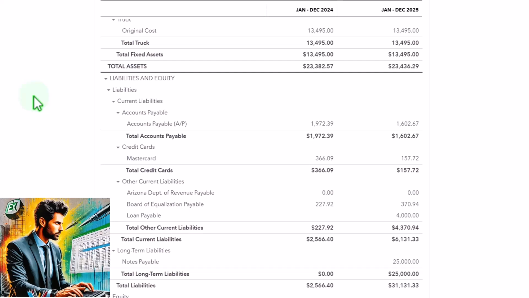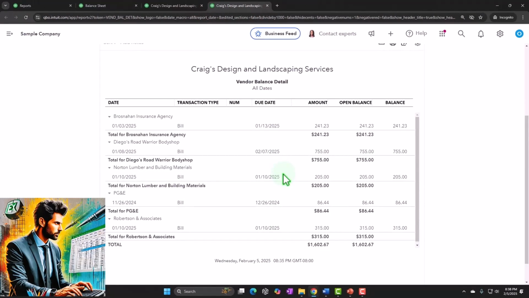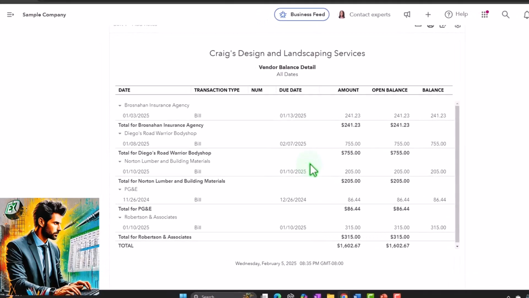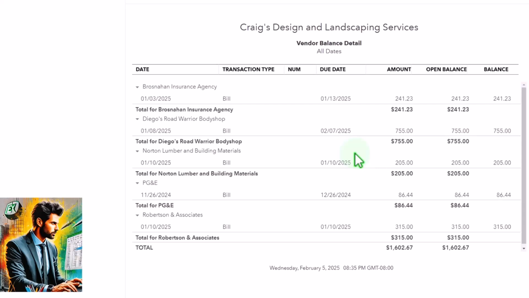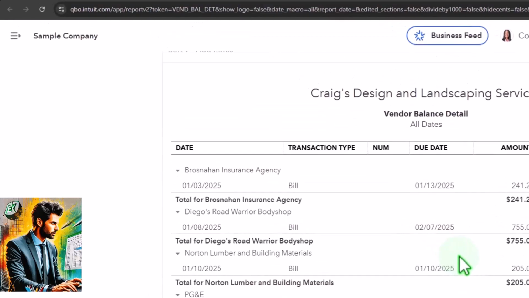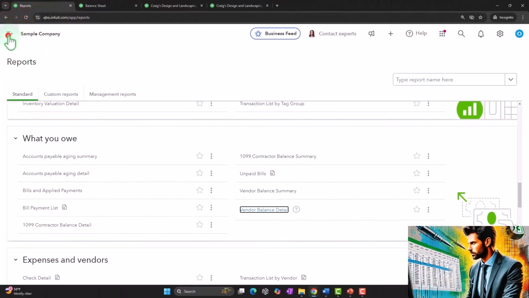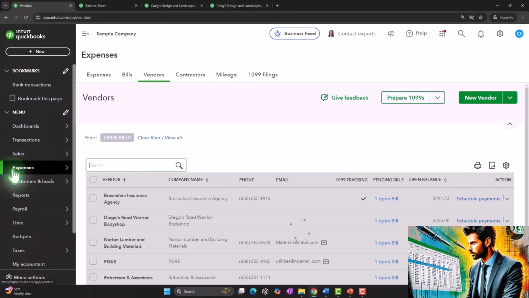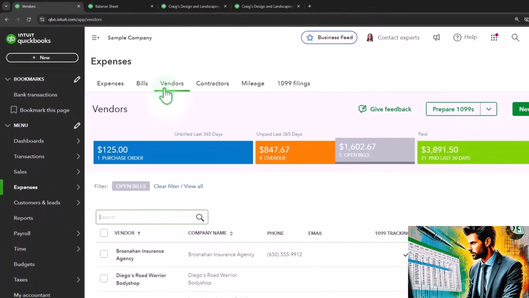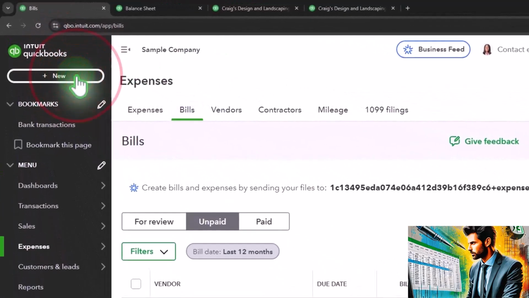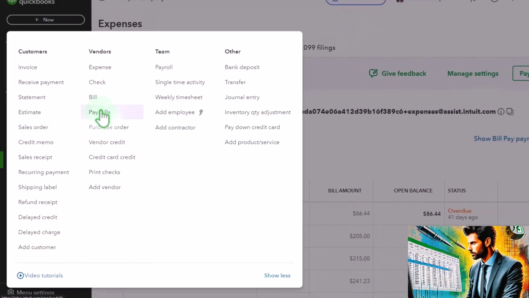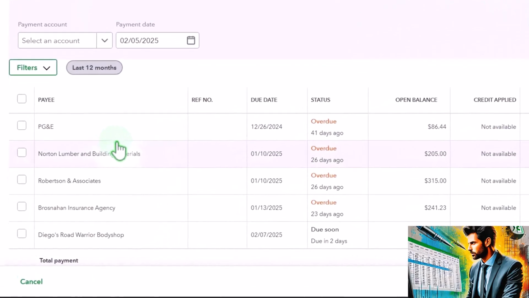So that means that now this report should always tie out, but we don't typically generate this report internally. We would use it for external reporting to give it to the client or our supervisor, or to batch it together to create something in our financial statement report package possibly. But for internal purposes, of course, we would normally be going to the tab to the left internally, opening the hamburger, enter the expenses tab and tracking the bills that are outstanding with the vendors here, the bills here, or in an actual form in the bill payment area to actually pay them. Okay, so then